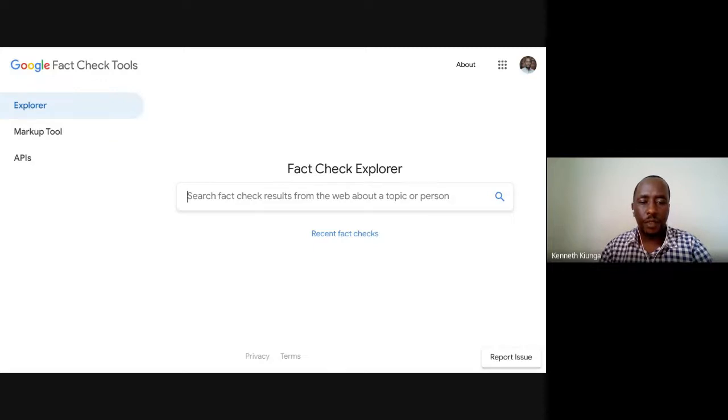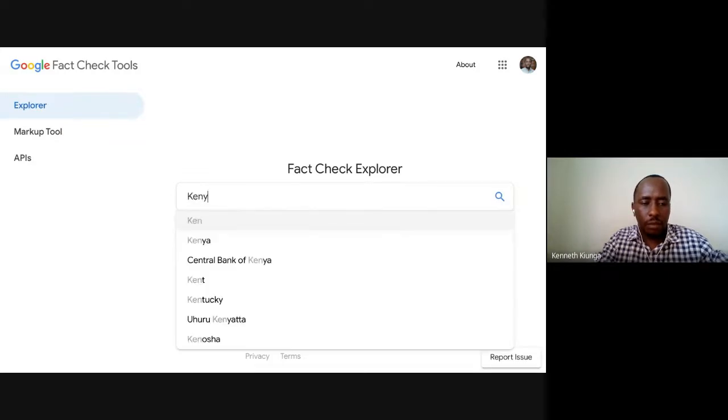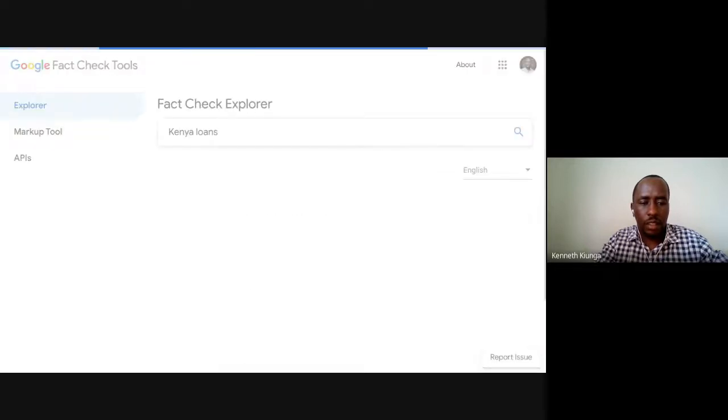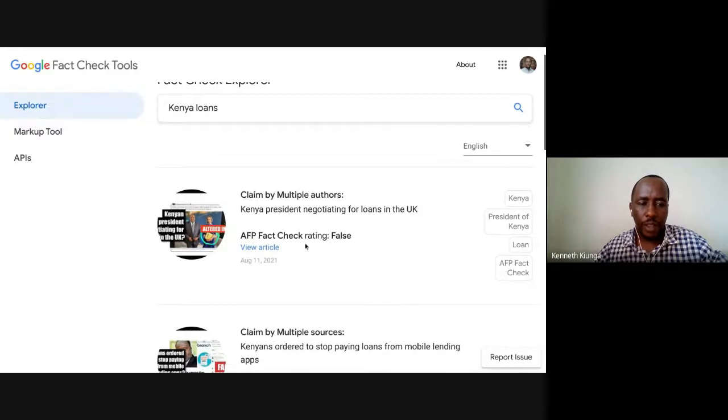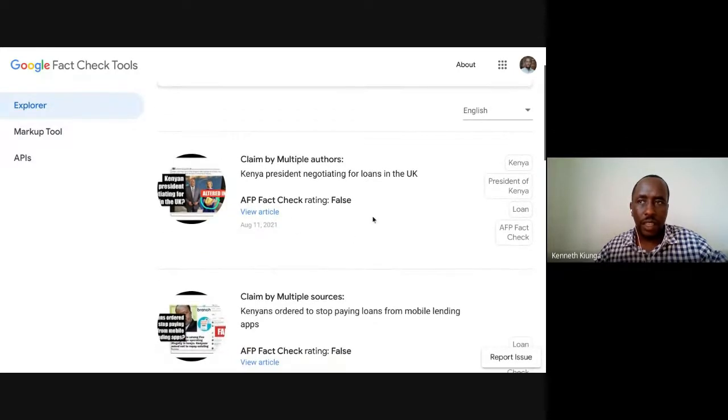and they have gone ahead and, let's see if we can find something recent that happened. I don't know if anything has been written about. Let's see. Yeah, so this is something that was shared. Kenya president negotiating for loans in the UK, and it was fact checked by AFP, and the rating is false. And if you click on that article here,